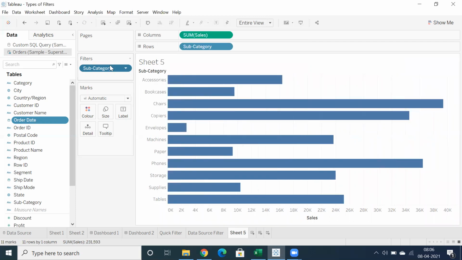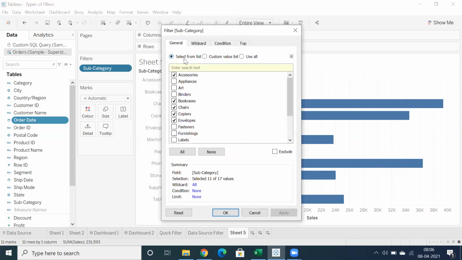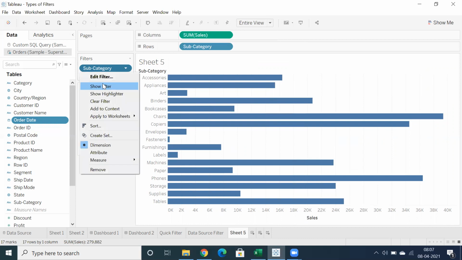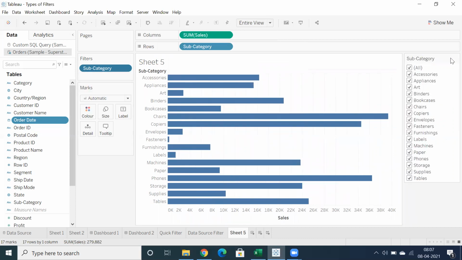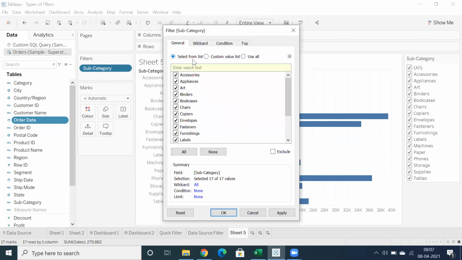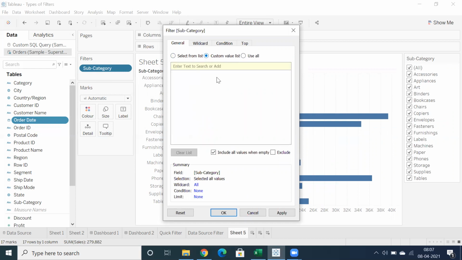But in the general tab, there are a couple of options here. Use all means straight away we are going to use all the elements of subcategory, or if you want to use it as a show filter, you can use that, use all. That's not a complex one. So we have select from list, but we have one more option called custom value list.